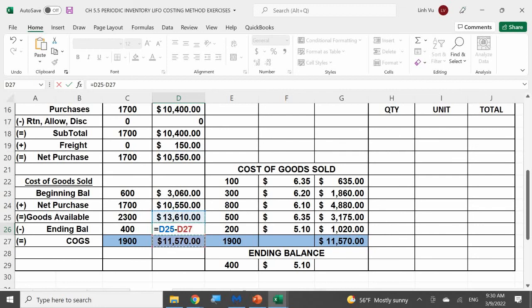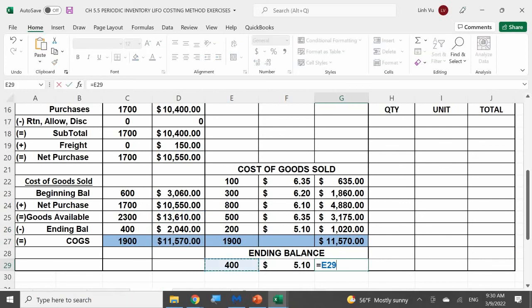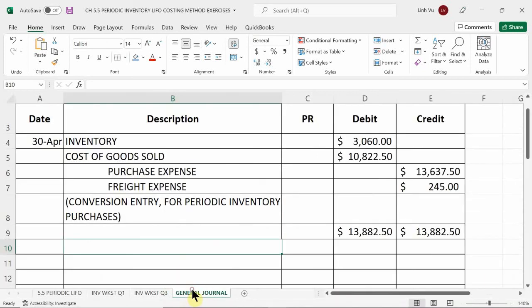$2,040. So I can take my goods available of 13,610 minus 11,570 to get 2,040. Or once again, you can take your simple math here. Take the 400 times the 510 to give you 2,040. All right. Good job. Last but not least, we have to do one last thing, and that is to do